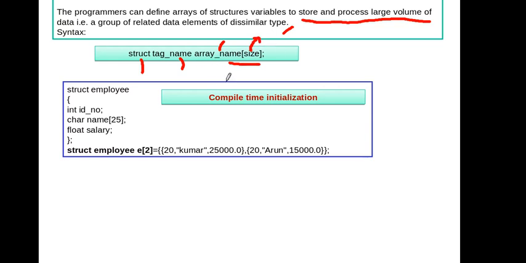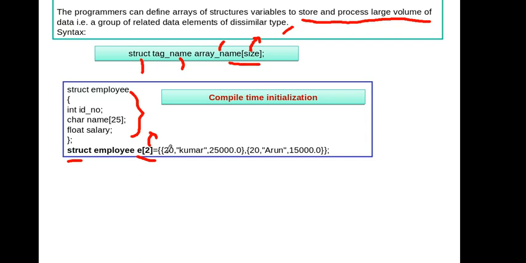So let us consider an example. See, the same program is modified using the concept of array of structure. This part is the structure declaration. We have declared all the structure members here, and we have created a structure variable which is of type array. Here 2 indicates the two employees' details we want to collect, store in memory, and display on the screen.